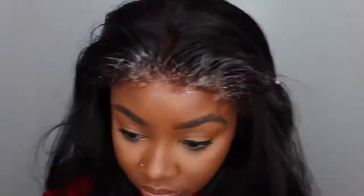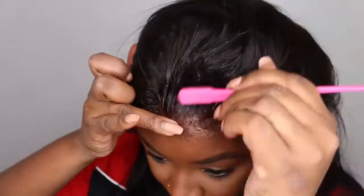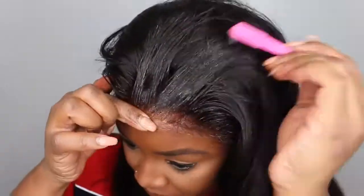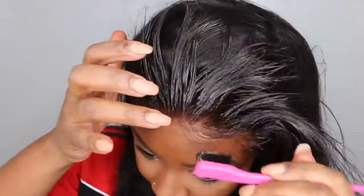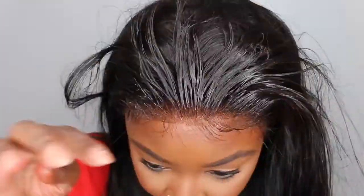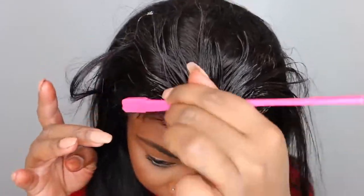I'm taking the foam lotion, and this is my form of Got To Be Glued, and I took a nice healthy heaping, and here is where I'm going to take an L. I went on top of that with the edge booster. I found that the foam lotion was not really curving the baby hair like it normally does, so I needed a little bit of help and something a little bit thicker. And as you guys can see, I go against the grain and brush it into the hair, and the hair looks a sticky,